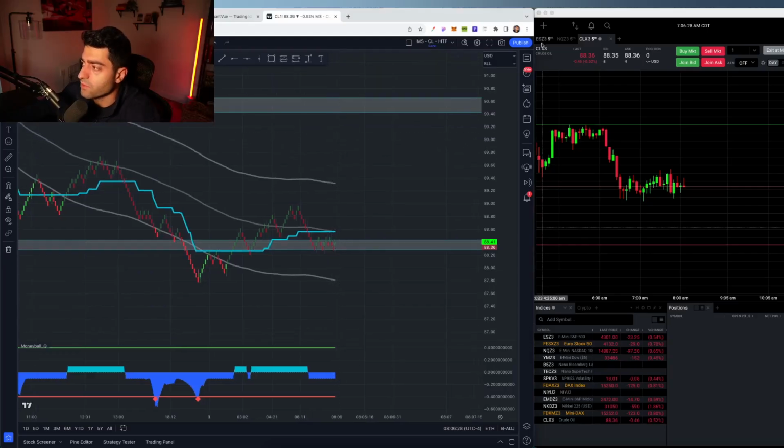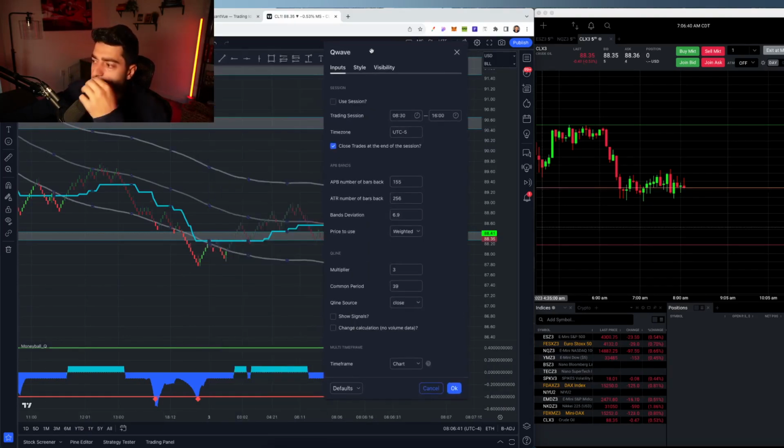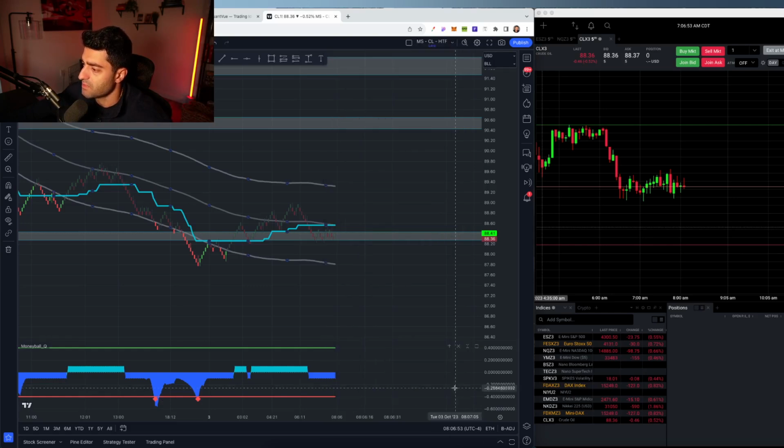Okay, so I'm looking at crude again on the continuous crude oil contract, 1 second TradingView data feeding into a 0.07 box Renko using the higher time frame and broader bands settings on the QWave. Here are the exact settings I'm rolling with. I don't actually have the alert showing just because I'm playing this band and ribbon strategy that I've been showcasing